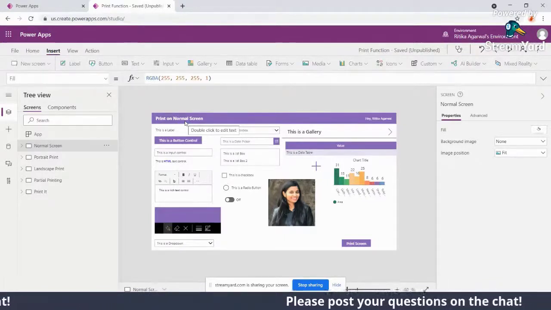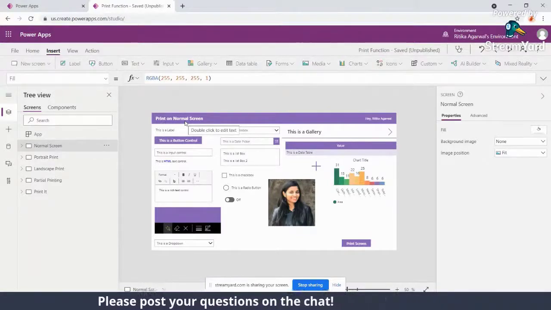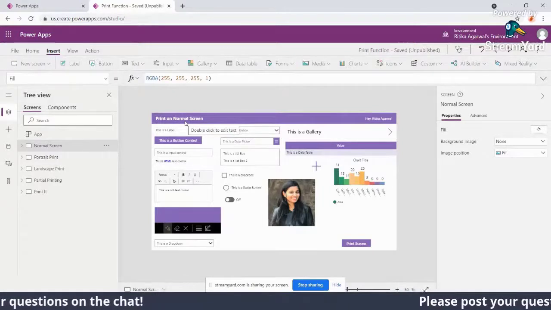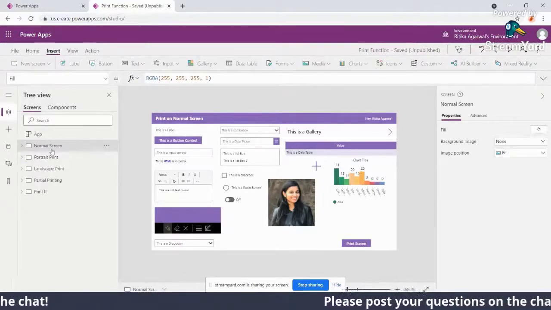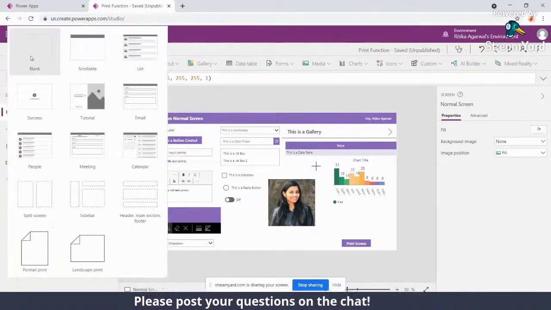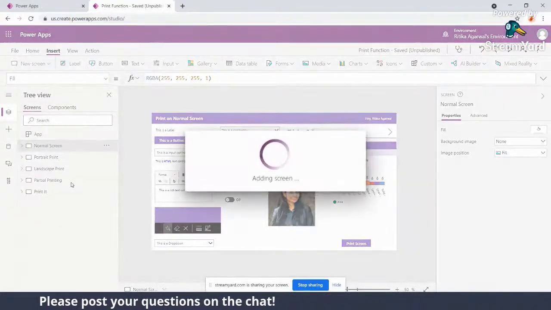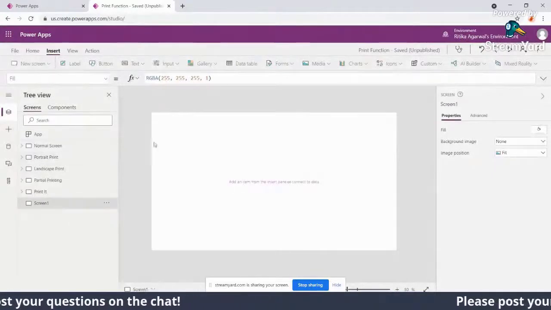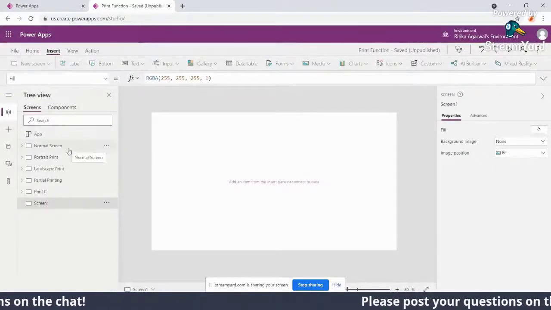I'll walk you through whether we are going through a normal screen route, or creating a screen which is by default a portrait or a landscape one. I have named it the normal screen because I followed the normal route: New screen, and then Blank. I just created a blank screen, and then placed a number of controls on top of it.